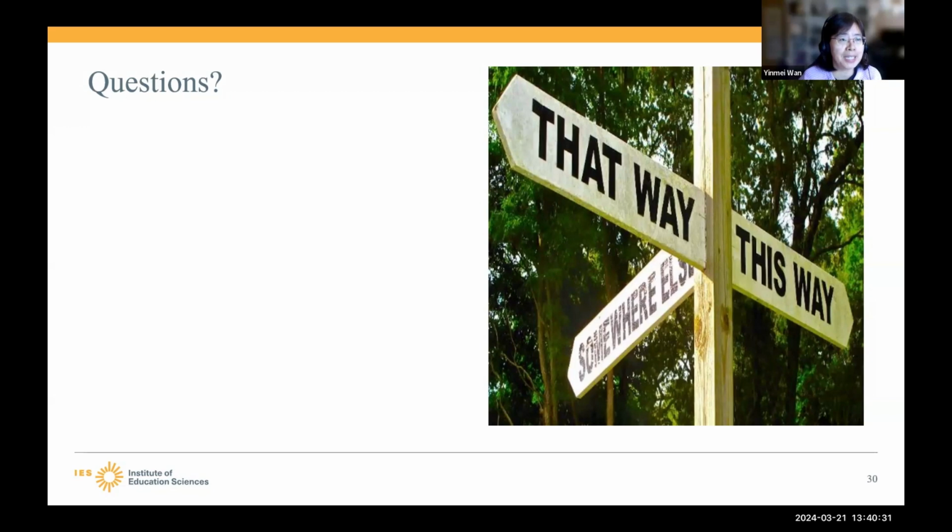Mia, can participants unmute themselves to ask questions directly? I think they should be able to use the raise hand function, and then we can unmute them if they would like to ask that way, or they could enter a question in the chat for us as well. Okay. For now, maybe we can pull the next slide up, which is